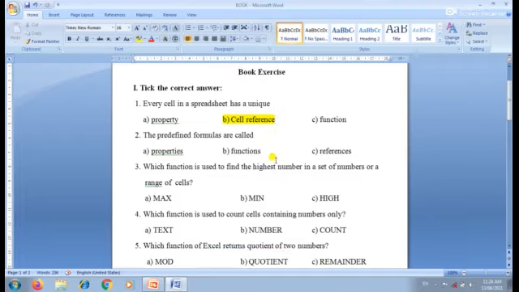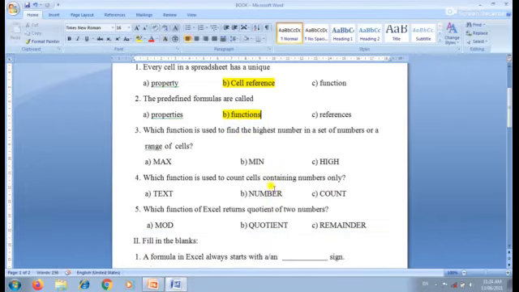So option B is correct. The second question: the predefined formulas are called. Already you know, predefined formulas are called functions.